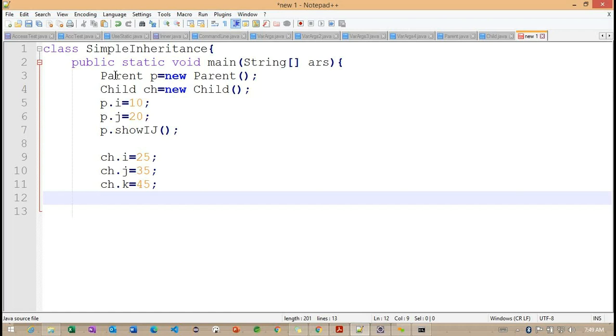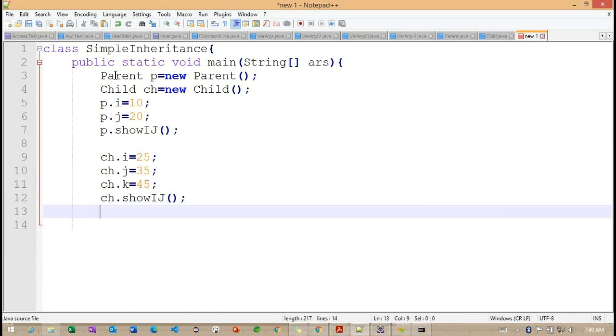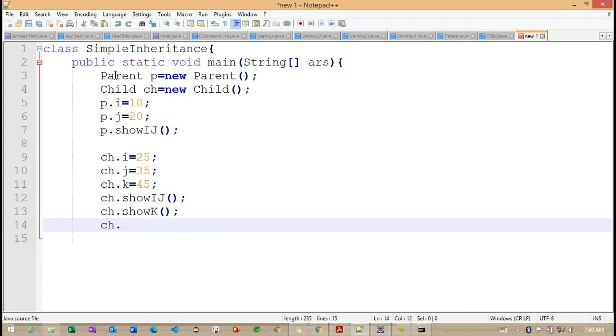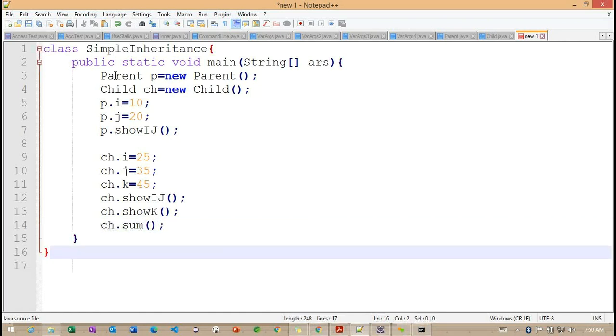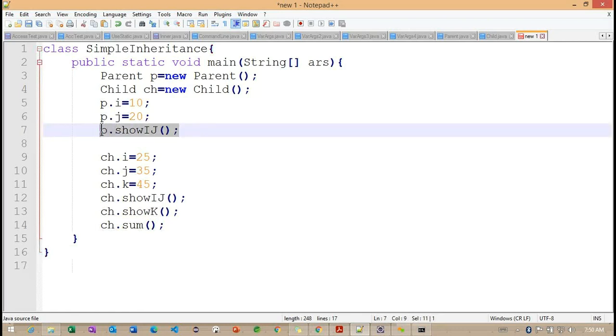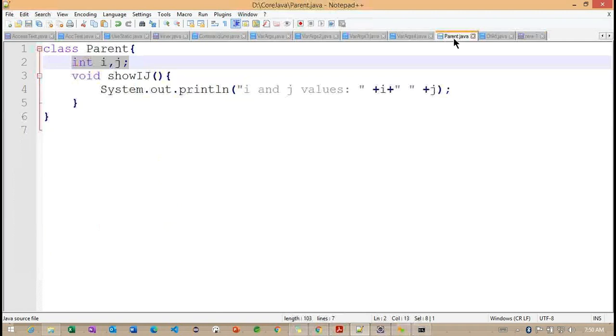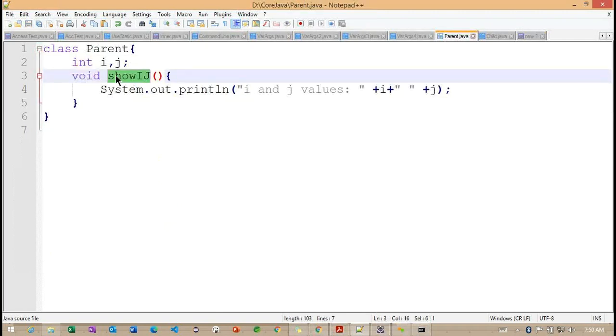Now if you observe carefully, with the help of this child class object, I'm calling the superclass method and subclass methods and the sum method. Whatever methods we have inside the parent class, we can call the show ij method.